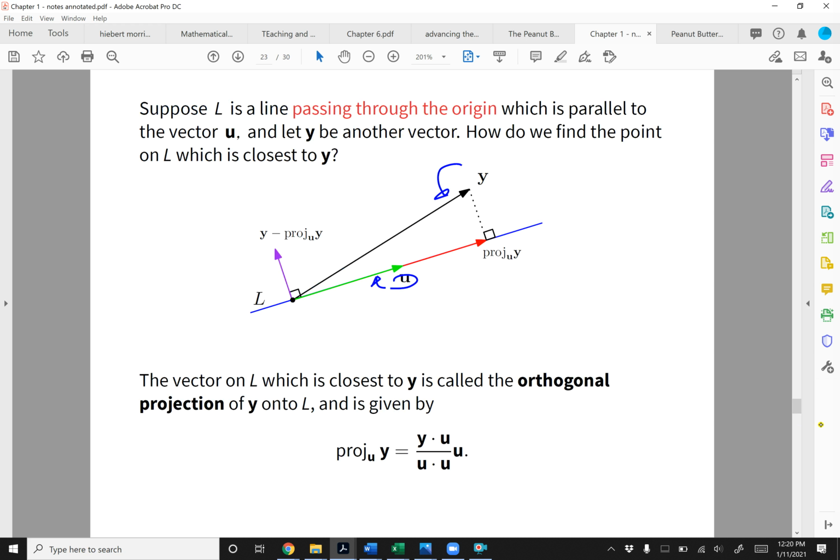How do we find the point on L? L is this line that is spanned by u. If we stretch u out and back, then we'd get this line. How do you find the point on this line, L, that is closest to y? And you might think this is just a geometry problem,